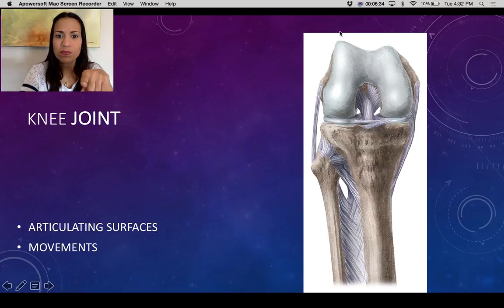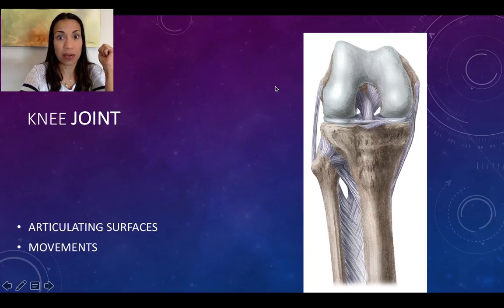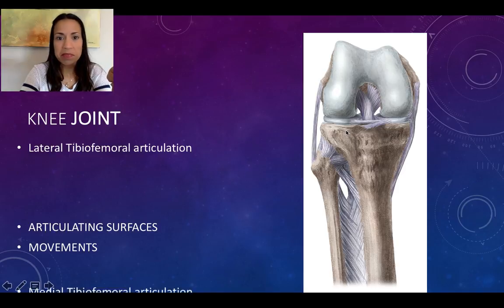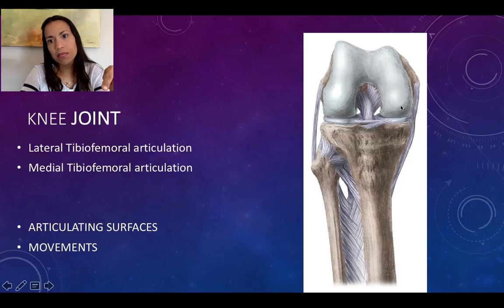So what are the articulating surfaces? The knee joint itself consists of three joints in one. We have a joint between the lateral condyle of the femur and the lateral condyle of the tibia. That's the lateral tibiofemoral articulation. Same thing on the other side, between the medial condyle of the femur and the medial condyle of the tibia. That's the medial